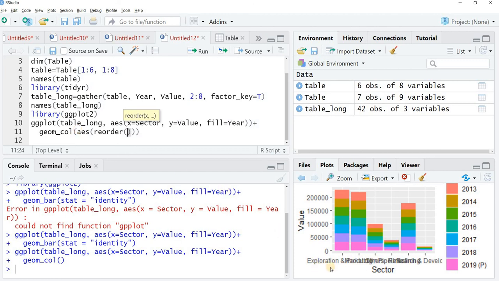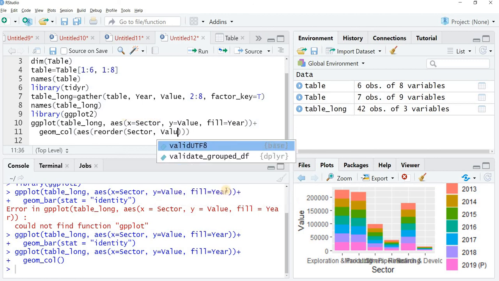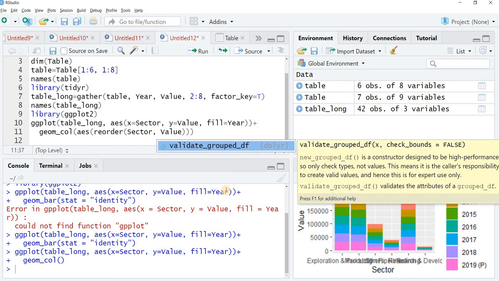On the x-axis, that is the sector, I want to reorder the sector based on value. Higher the value or lower the value, accordingly I want to reorder them. So this is what reorders the sectors on the x-axis based on the value.